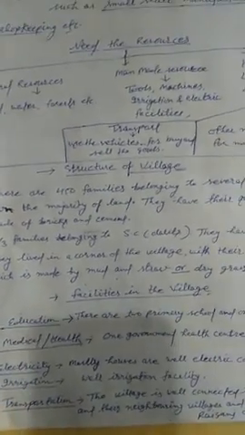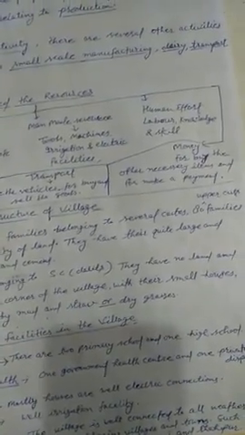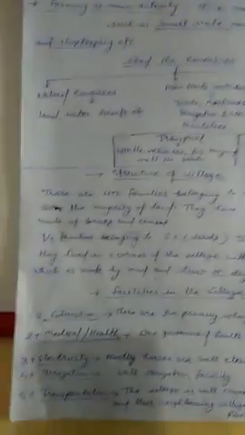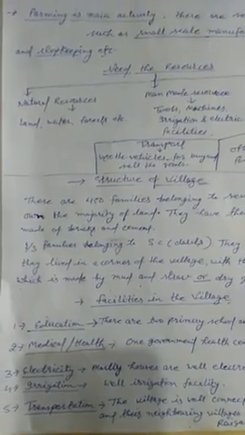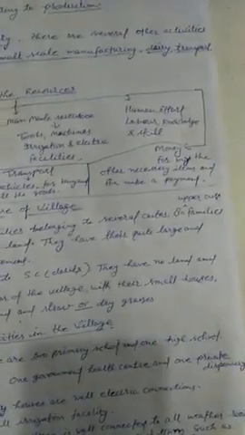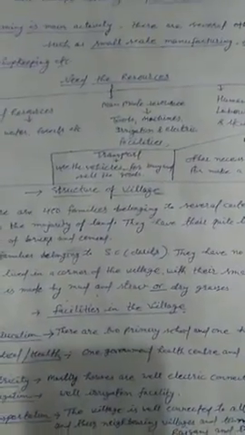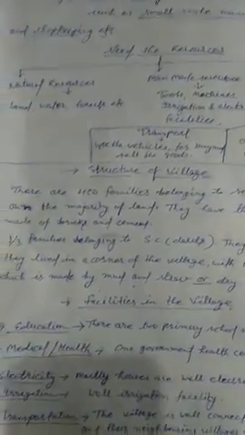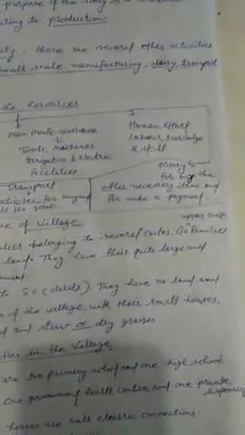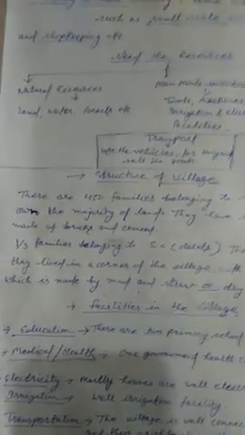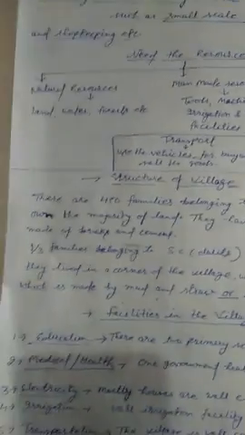There are 450 families belonging to several castes, and 80 upper class families own the majority of land. In the sense, mostly the landowners are upper class people, and they have quite large pakka houses. Pakka house in the sense the house is made of bricks and cement, and there are one third families